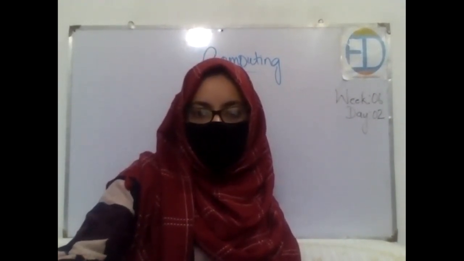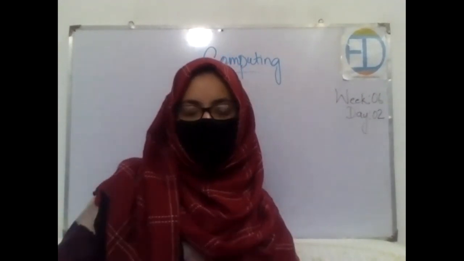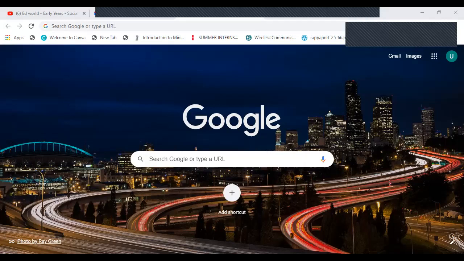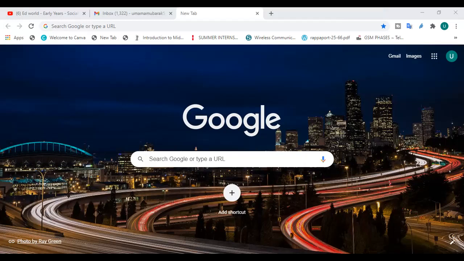Show me a thumbs up if it is visible to you. Is it visible? Excellent. See, this page which is in front of you right now, where we can search for anything, is also a web page. Why? Because it is displaying whatever we want to know, right? Beside that, it says there is a white box at the bottom of the screen. Type the name of your favorite animal. Now we will practice how we can find something, how we can find a web page.